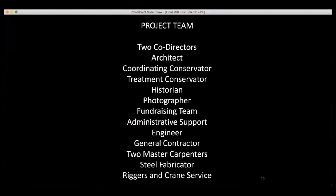By early June of 2014, the local fundraising committee had secured sufficient funds to proceed with the move, and the Lost Shul mural project team was expanded to include a consulting engineer, general contractor, steel fabricators, and a rigger and crane service that moves big things. I was retained to advise on historic and conservation materials and coordinate conservation treatments to prepare the mural to be